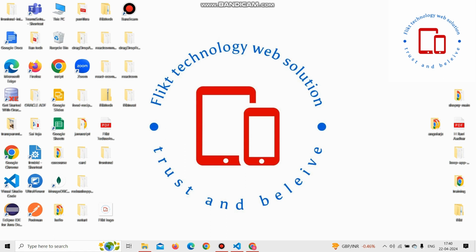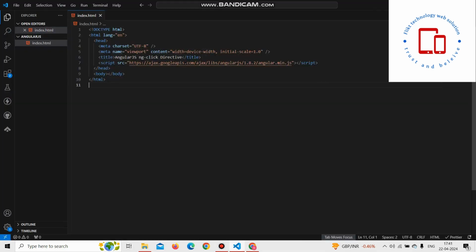Let us consider an example where we have a button that increments a counter value stored in the controller's scope when clicked. Now I am going to show you the code. For that I have created a normal HTML template. Inside that I am going to create a div, ng-app equal to